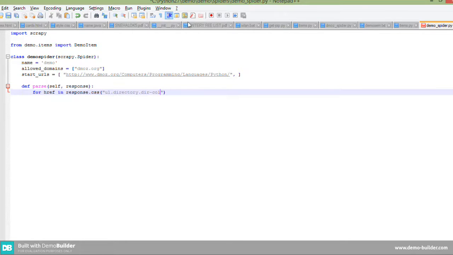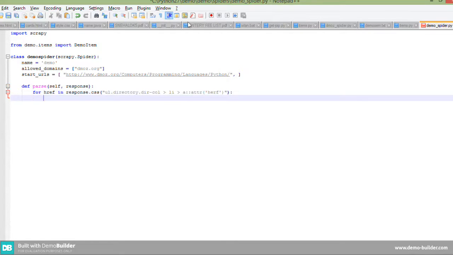I will type another URL, therefore I will type. Indentation matters. Make sure that your for loop runs correct.